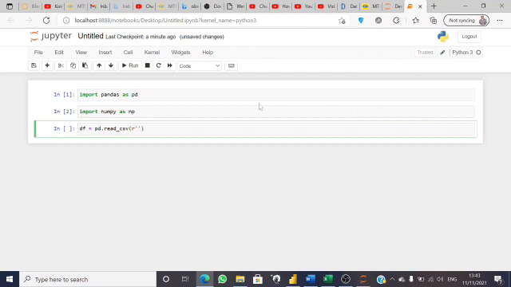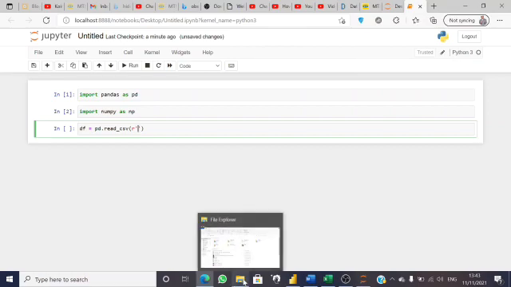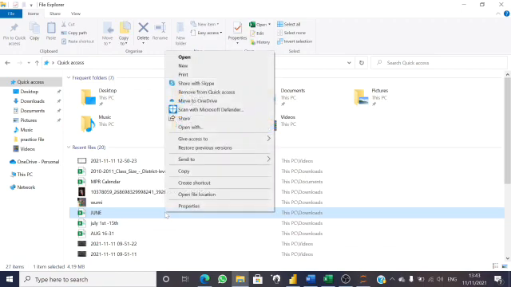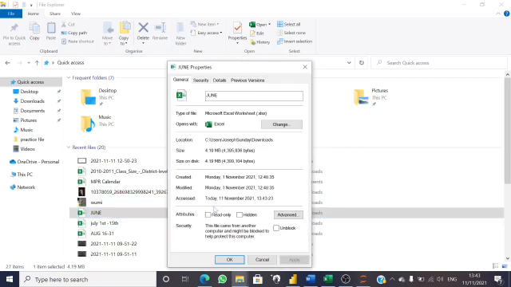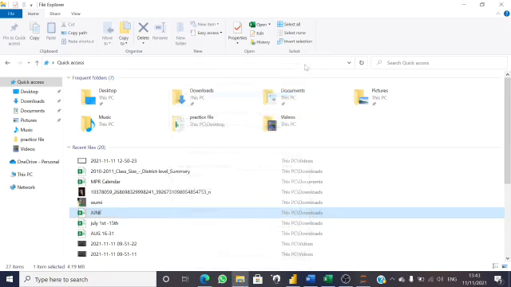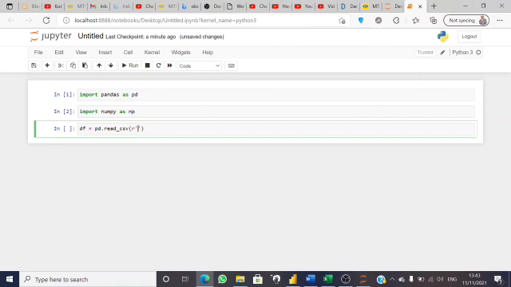So next thing I'll do is to go to my laptop and open this. Maybe I want to use this file. I'll just right click, then I go to properties and security. So this is the part where the file is. So I copy it. This is an Excel file. So I'm going to change the path to Excel, and I paste my file, then run.